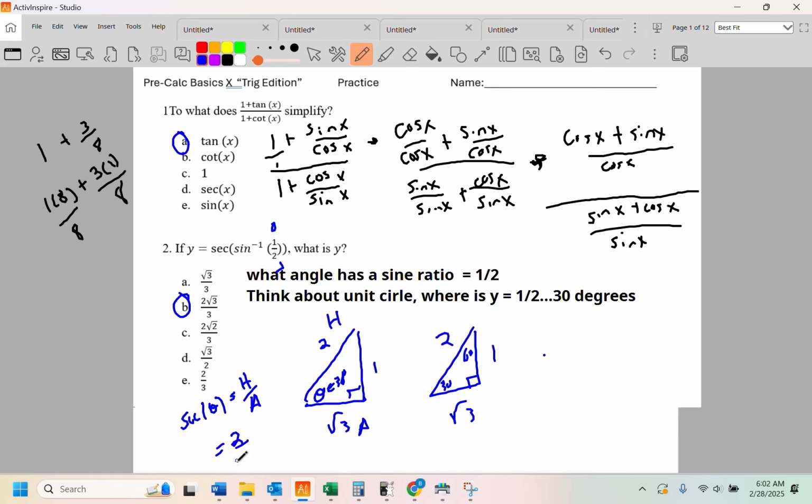And I would get the same thing, 2 over root 3, multiply top and bottom by root 3. Either way you do it, you get 2 root 3 over 3. You need to pick your poison. Are you the red pill or the blue pill? Pick it, go with it. All